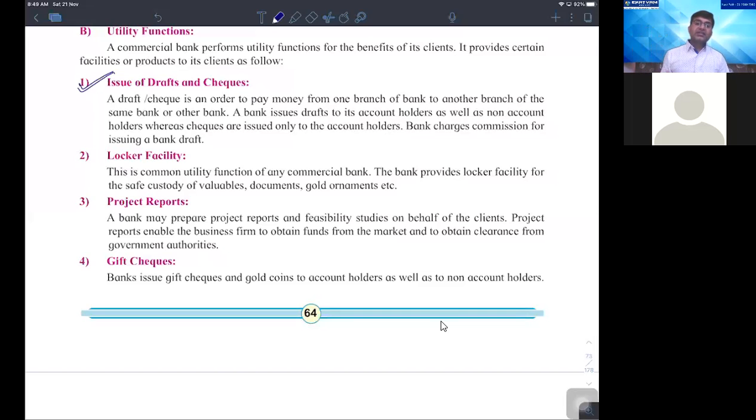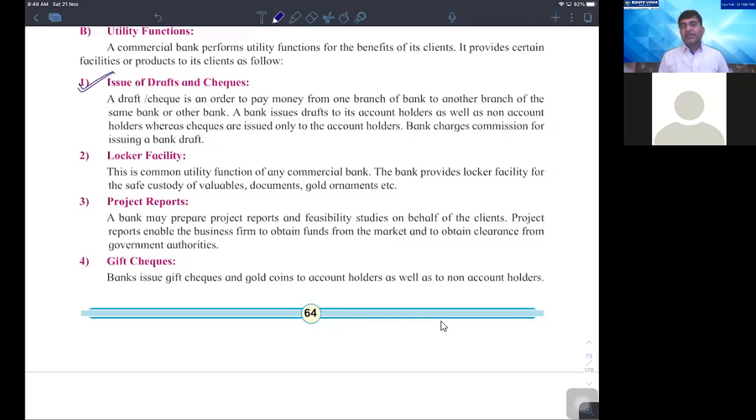Locker facility, these are also called vaults. आपके पास कोई जरूरत का सामान होता है, आपके पास कोई बहुमूल्य सामान होता है. इन बहुमूल्य सामानों को जैसे कि गोल्ड, ज्वेलरी, कैश वगैरह, for that purpose you need some kind of secure place, and that strong and secure place is basically what you call the locker or vault, which is the facility provided by the banks these days. These days क्या, बहुत दिनों से प्रोवाइड करते हैं. What's the difference between demand draft and bank draft? It's one and the same thing, सिद्धि.